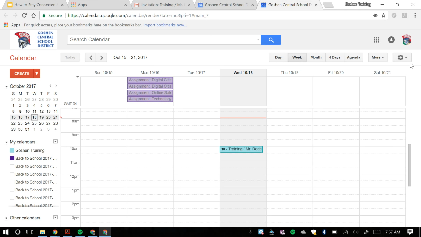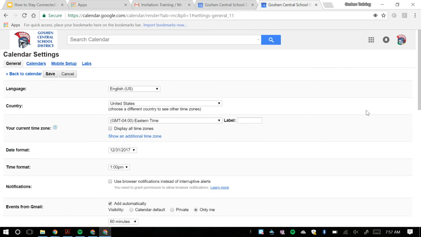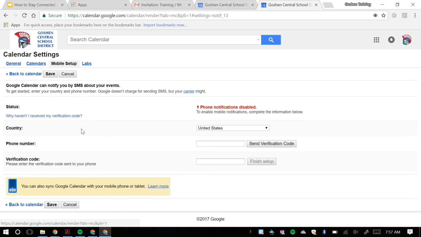So if you come over here in Google Calendar and click the gear icon, it says settings when you hover over it, you can come down to settings here. And when you do that, you can set up mobile access. So if you were to go ahead and punch in your cell phone number,